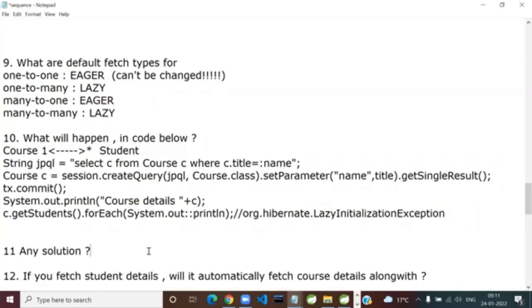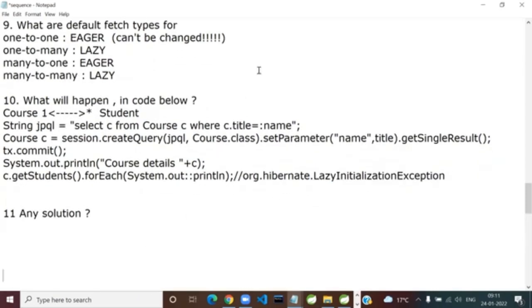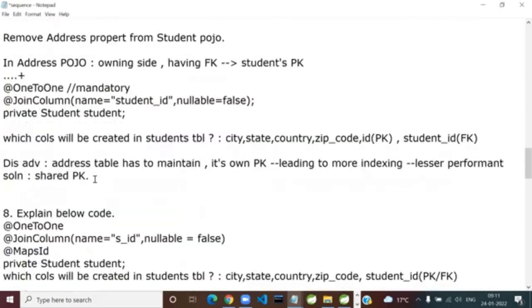So are there any solutions or are we doomed? Did we discuss any solution? Of course, there are solutions. So tell me the first solution we talked about. The first solution was to change the fetch type. Wait a sec.